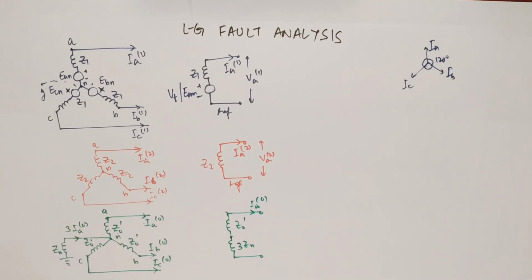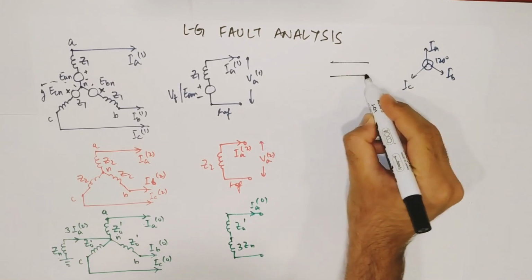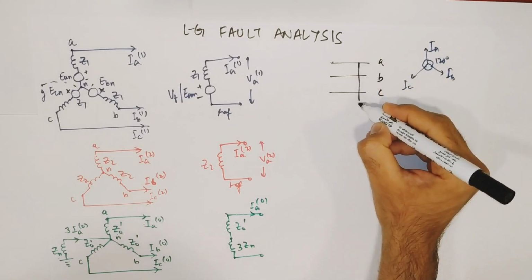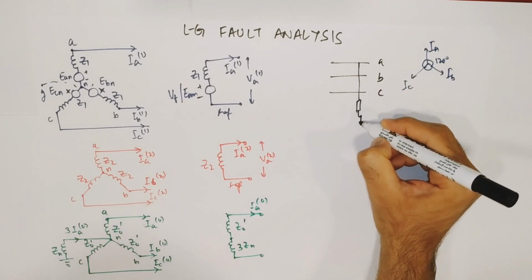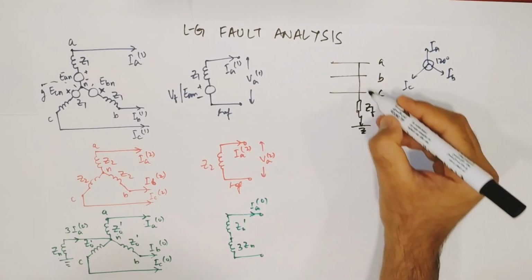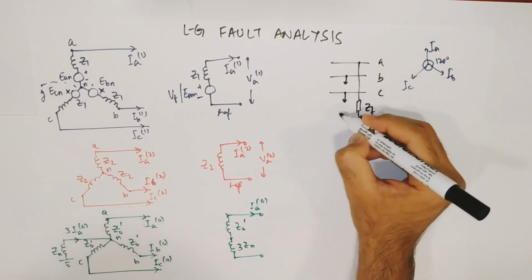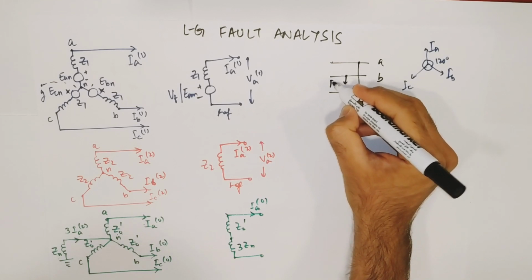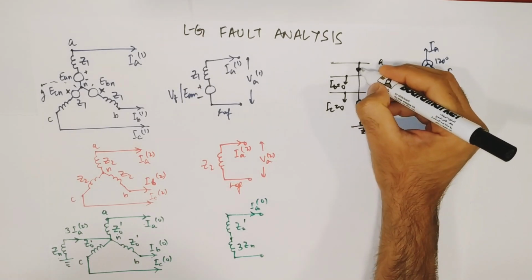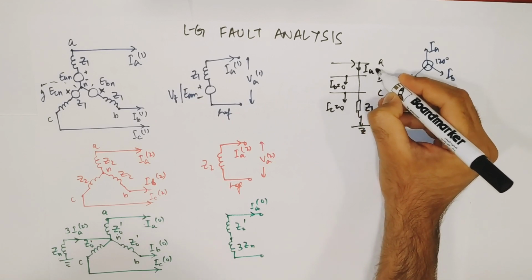Now let us suppose there is a fault. Let us suppose this is your three phase A, B and C, and from line to ground there is a fault, and the fault impedance is, let us suppose, ZF. For IB, if you see, there is no current flowing, and IC also towards ground there is no current flowing. So let us assume IB to be 0 and IC also to be 0. So all the current flowing is to feed this fault, and this is your IA, or you can call it IF.